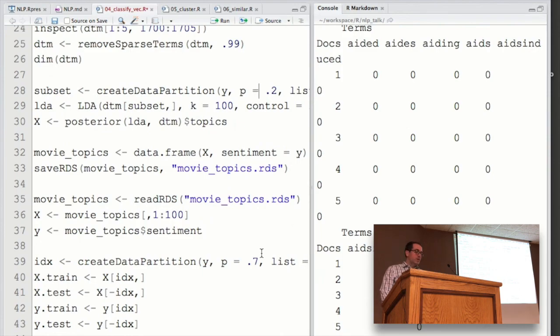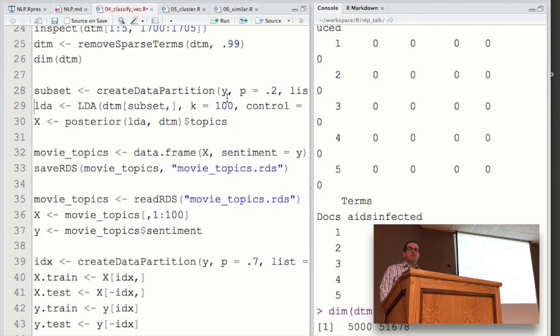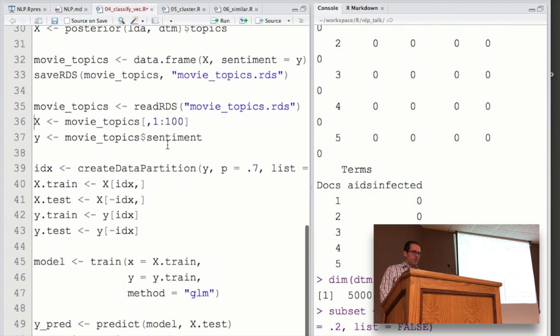Amongst other things, I'm only using a subset of the data. I used a stratified split out of Caret to get 20% of it to do the LDA. A lot of that's common advice online: unless you really have the time, just let your machine sit and run for a couple days. You can't put the entire body of text at it. I'm actually not even going to run it here. I saved it off. For anybody who doesn't know this, saveRDS just saves an individual R object to file, and so I can cheat and load it up from disk where I already ran it.